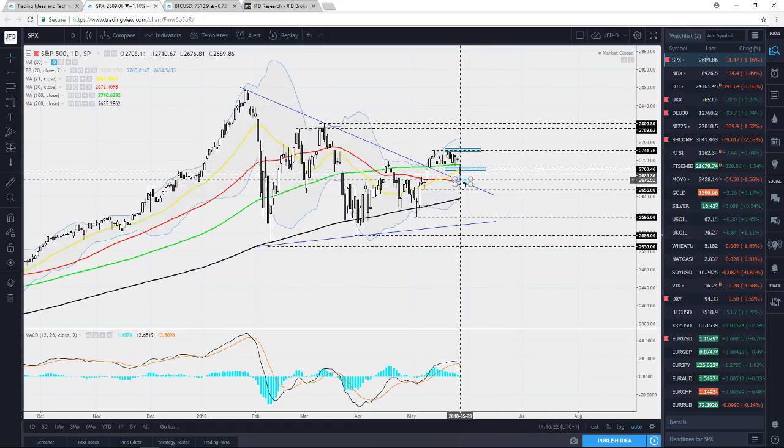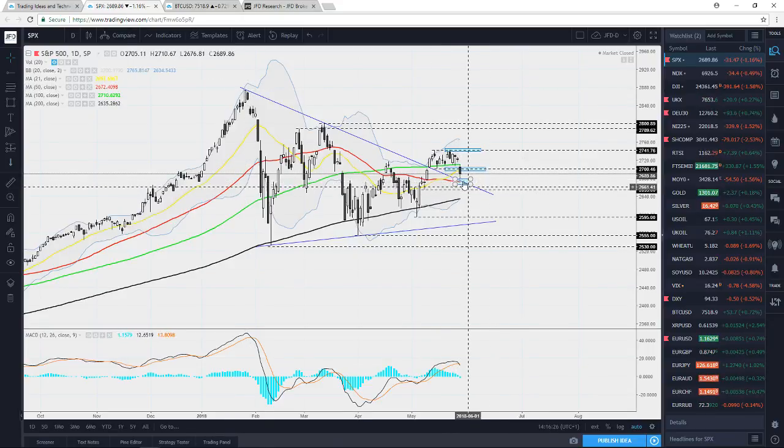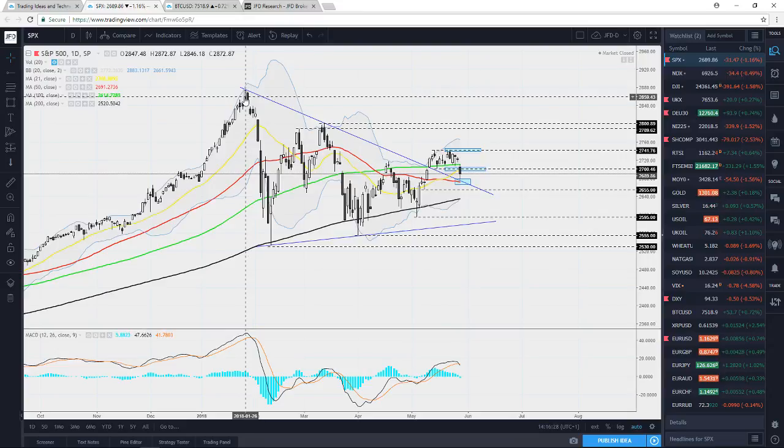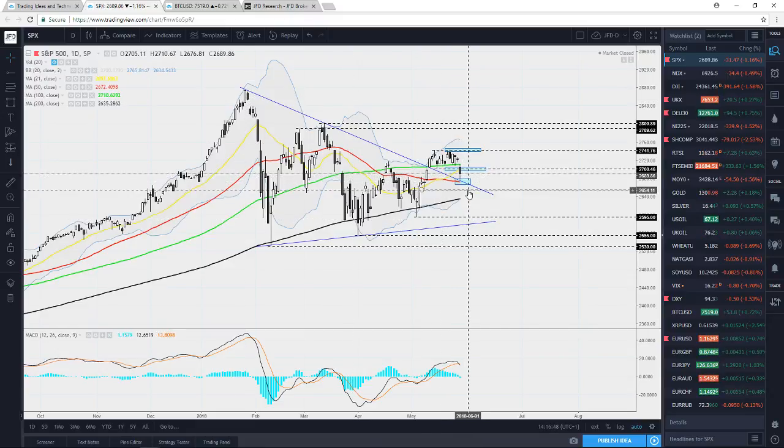Quick review of this. The index met its support around this downwards moving trend line here, so it managed to test this downwards moving trend line from above. This downwards moving trend line, just to remind you guys, is running from the end of January this year. So this 2655 mark approximately here, and if that doesn't hold, well, it is opening the path towards